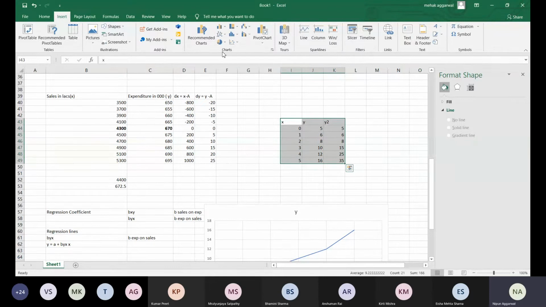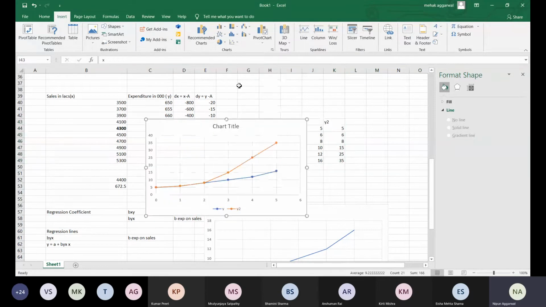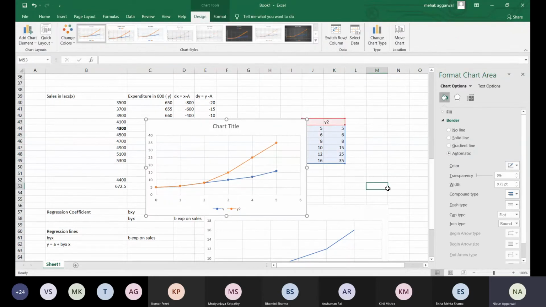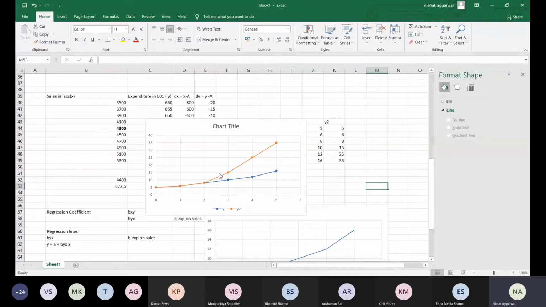Now you have to plot this data into the scatter diagram. If you plot this, this becomes the regression line of the second. Now if we calculate the slope of this line for a 1 unit change, like for 4 and 3, you will take a change, 4 minus 3. For the blue line, the slope can be calculated by y2 minus y1 divided by x2 minus x1.